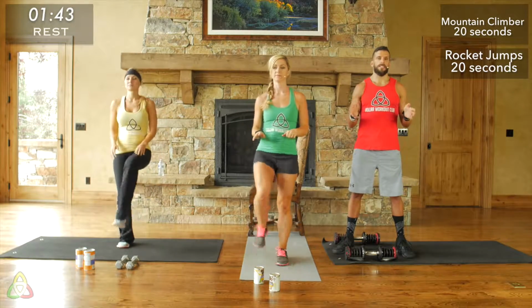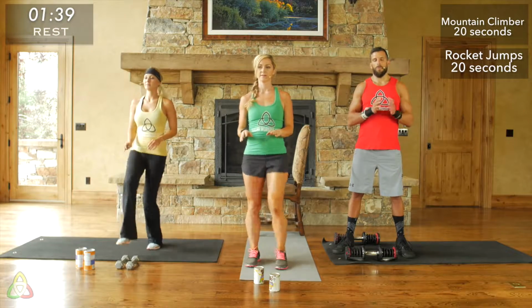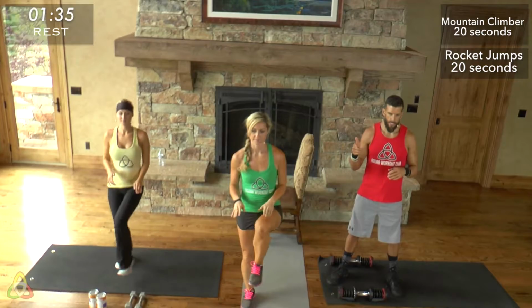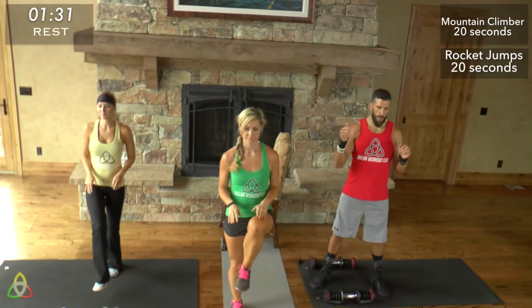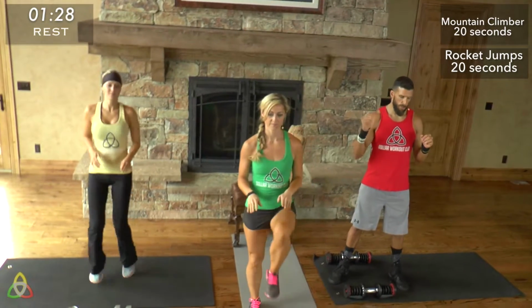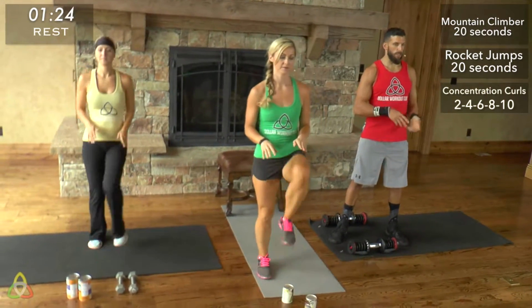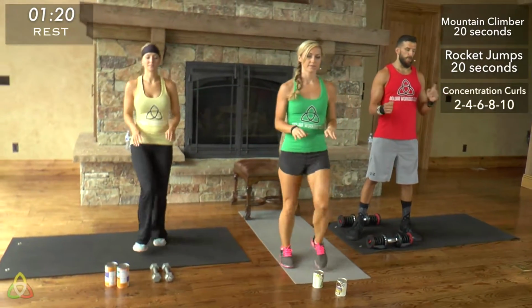After the Tabata set, we're gonna take a 60-second rest before we move into the ascending reps of the other back and bicep exercises. So what we're gonna do first is 2 reps of the single arm concentration curls, 2 reps on each arm. Then you do 4 reps on each arm, then 6, then 8, then 10, before you move into the single